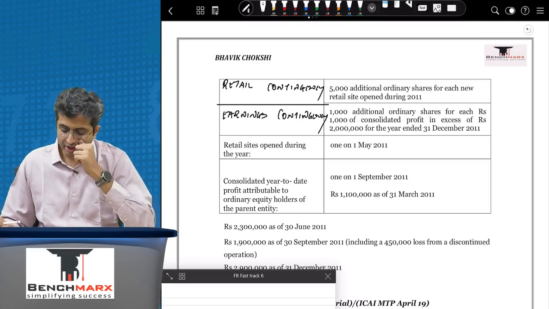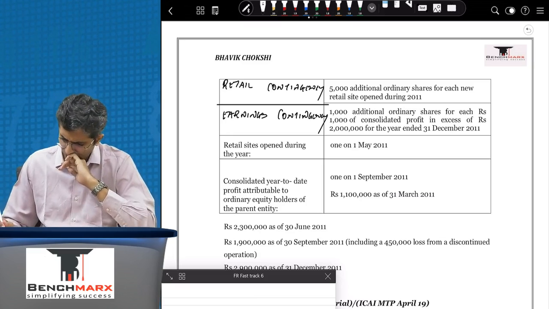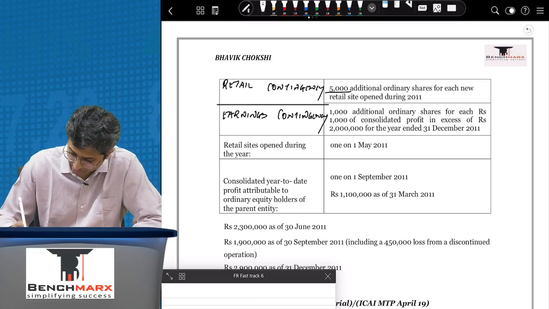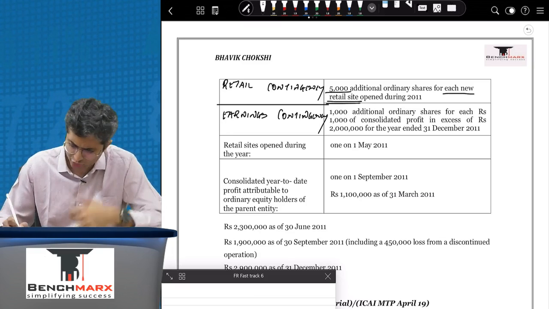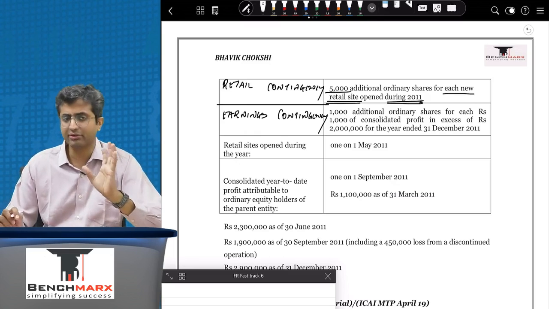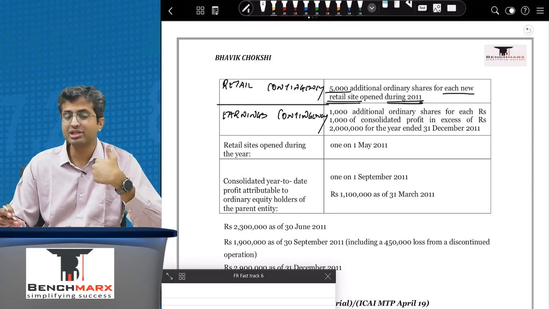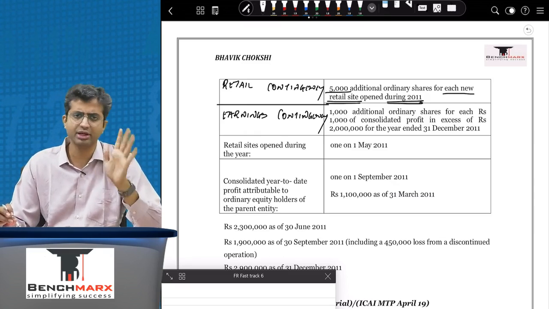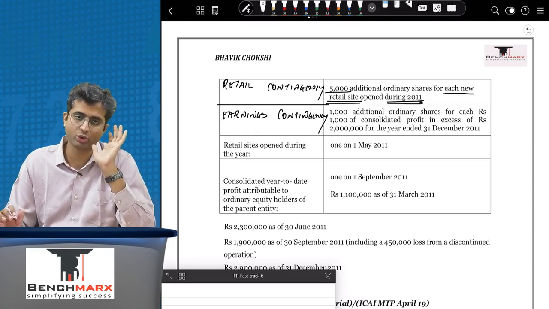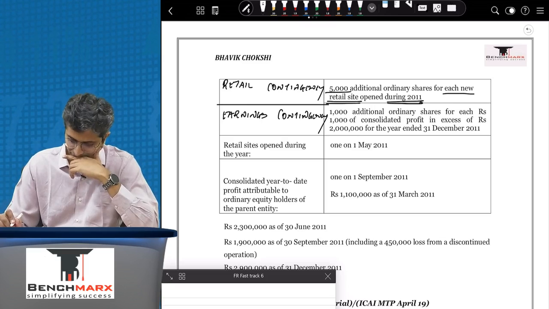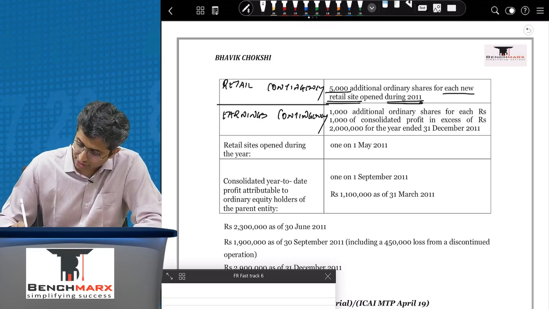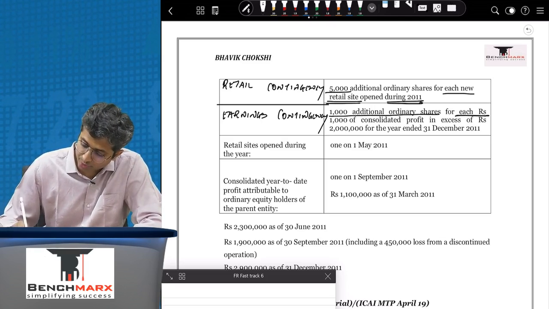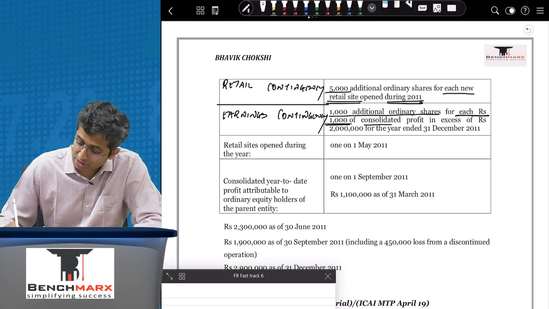Acha, what is then the retail contingency? You have been told that 5,000 additional shares are issuable for each new site, like a store, opened during 2011. So during the year, for however many new sites are opened, against that 5,000 shares are issuable to the owners of the selling company. And the earnings contingency: 1,000 additional ordinary shares for each rupees 1,000 of consolidated profit in excess of rupees